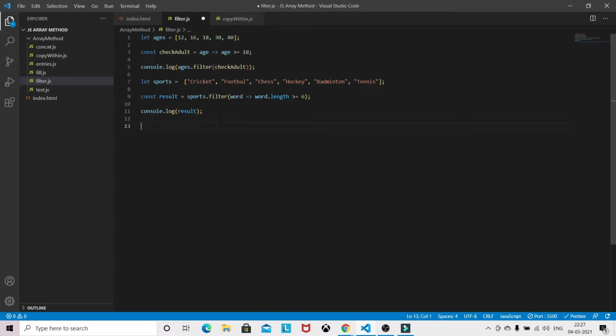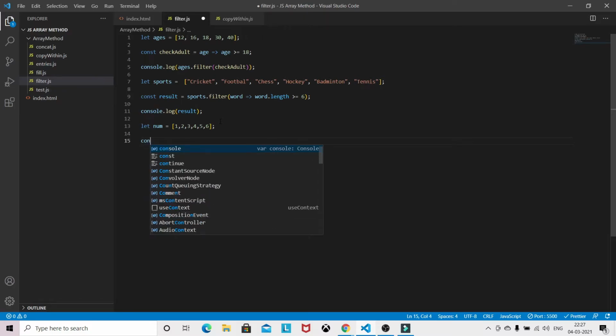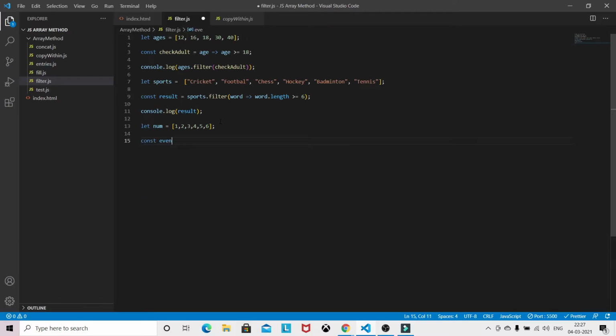Now suppose we need to check even and odd also. We can also do that. Suppose I have the array 2, 3, 4, 5, 6, and I want the even numbers. The even numbers in this array are 2, 4, 6. So how can we get these values?